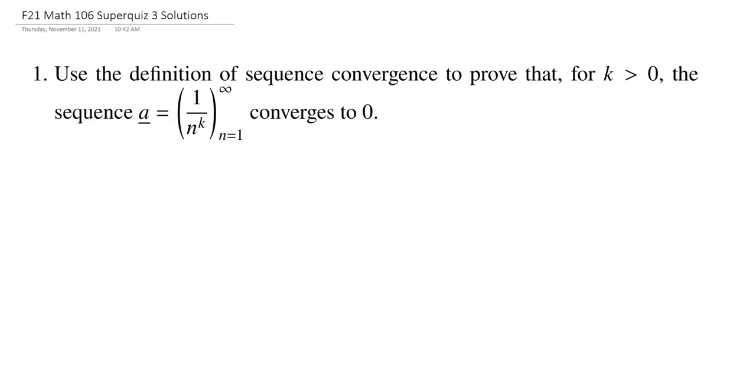And this very first problem, we're given a sequence and we're asked to show that it converges to 0 using the definition. Okay, so that is the definition of sequence convergence. So before we jump into the sequence, let's just quickly recall what that definition is. So a sequence A of real numbers, and of course this problem is about real numbers, converges to the real number L